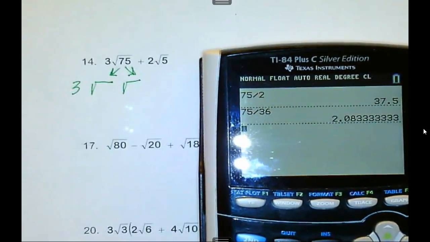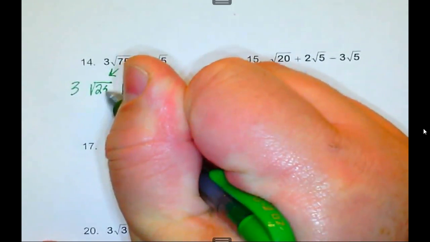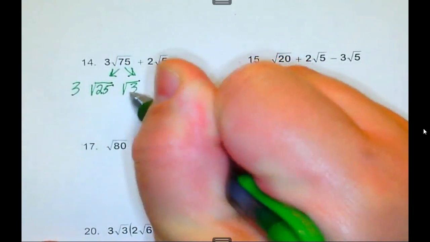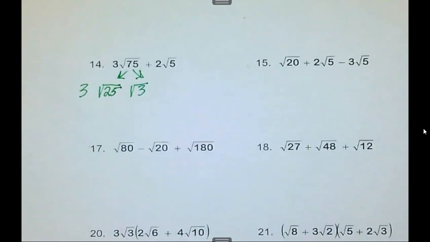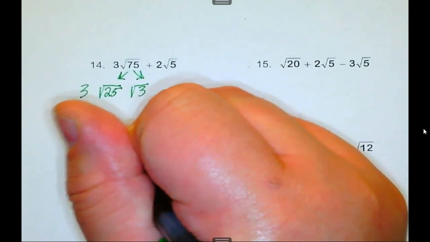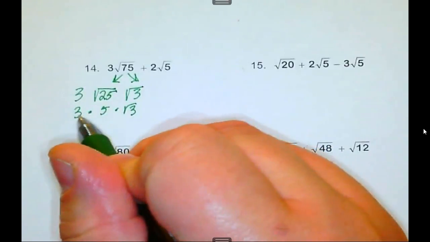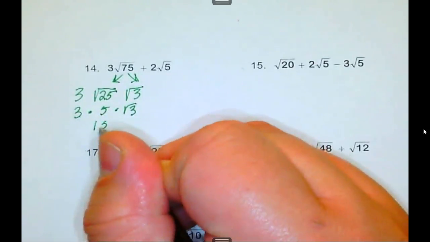I get a decimal. Nope, not that one. What's the next one? 75 divided by 25. Oh, look at that. 25 times 3. So my largest perfect square factor is 25 and 3. What is the square root of 25? 5. So my first term reduces to 3 times 5 is 15